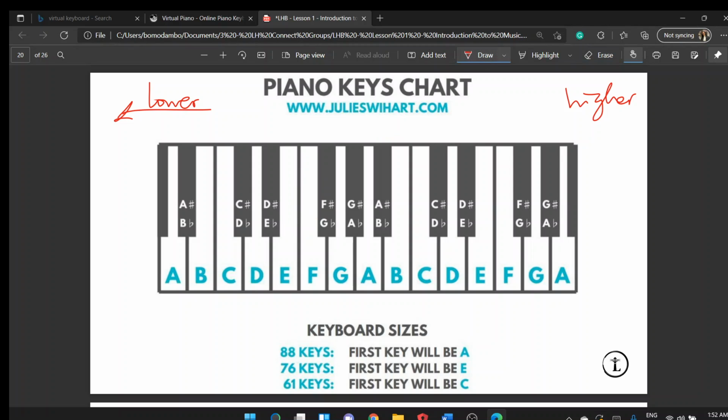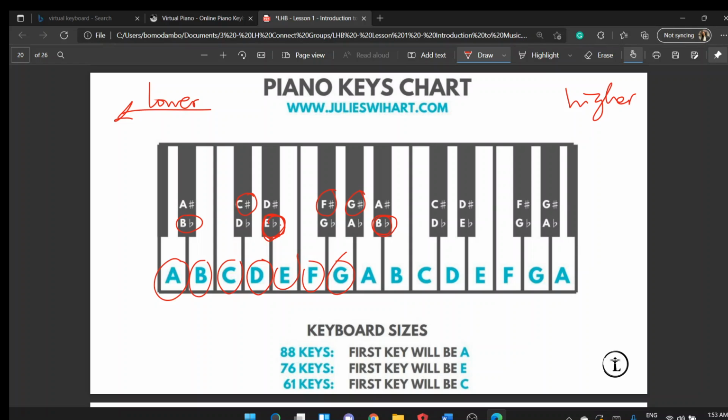Now what happens is that in music, because E doesn't have an E sharp and B doesn't have a B sharp, they want E to have something. So instead of calling this D sharp, they usually call it E flat. And instead of calling this A sharp, they usually call it B flat. Just so that they're not crying, right? Those notes are not crying. So they usually go A, B flat, B, C, C sharp, D, E flat, E, F, F sharp, G,